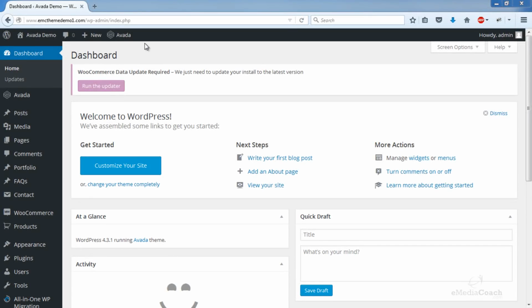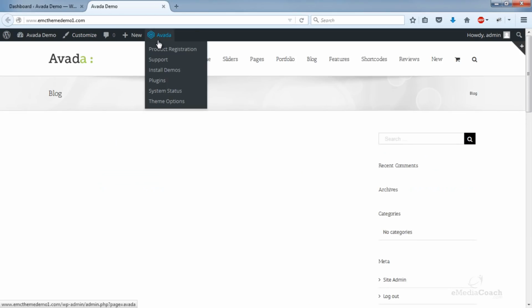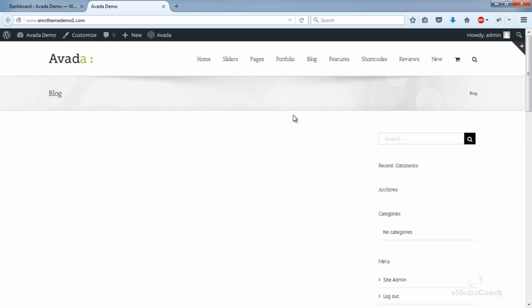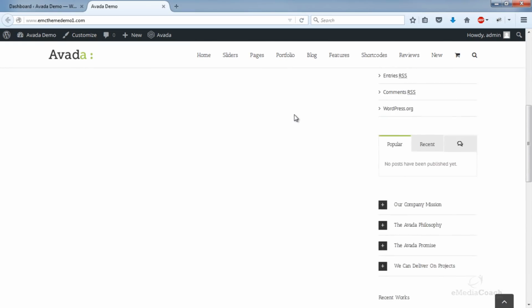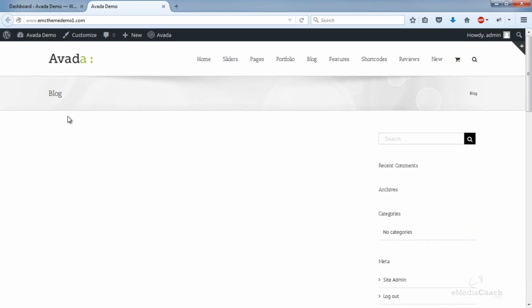Okay, we are getting to the cool stuff now. What we need to do is add our homepage content, including a homepage slider and homepage setup and customization. So here's what our site looks like at the moment. And yours will probably look the same if you followed everything that I did. You'll see that it's empty. It's got some random stuff in the sidebar, but not to worry because now we're going to be creating a brand new homepage.